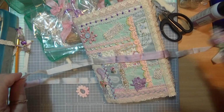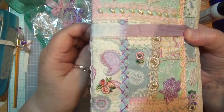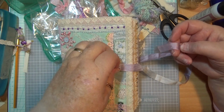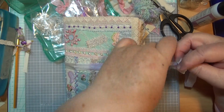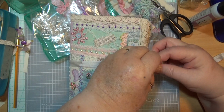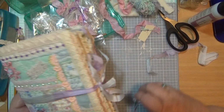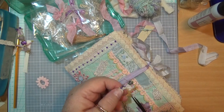Righto. Now let me see. I need to have that colour on the front, say. And then I need some underneath. Enough to tie a bow. Here. Maybe that way. That far. This bit here. And I'm halfway through making the beads for it, so I'm doing a lot of fiddling around. I'm going to cut that piece there off. Alright. Now, I'm going to actually put these on at intervals along here,